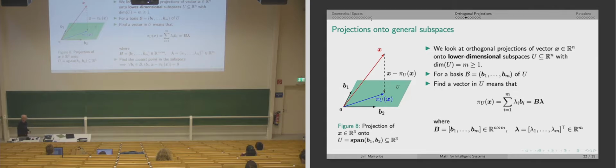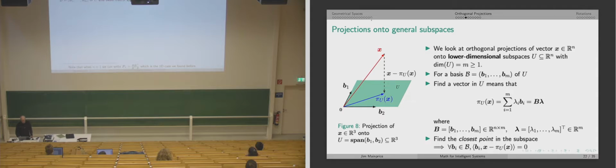Okay, so find the closest point in the subspace, and we do that by defining it as the point which is orthogonal to all the basis vectors. So this is what's written here. We have that for all the vectors in the basis, we have an orthogonal property between the projection vector and the basis vector. Okay,